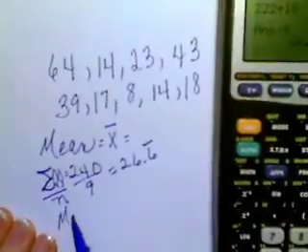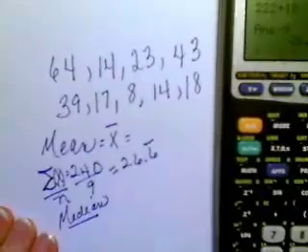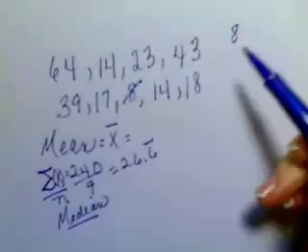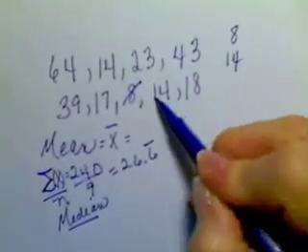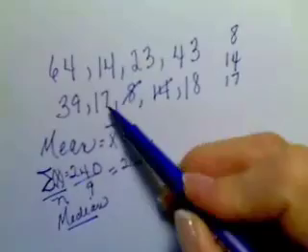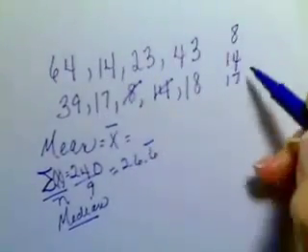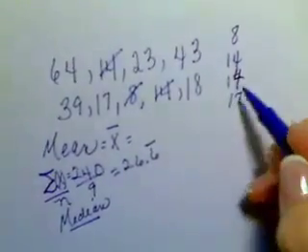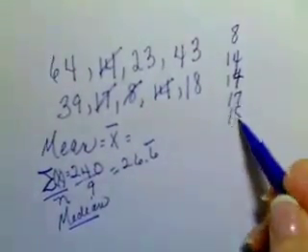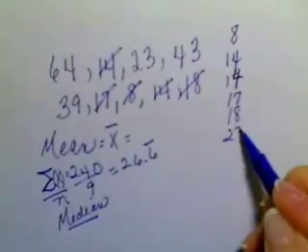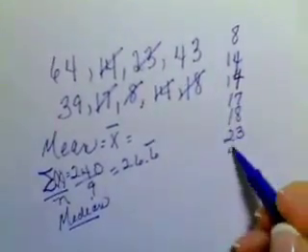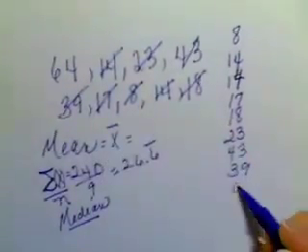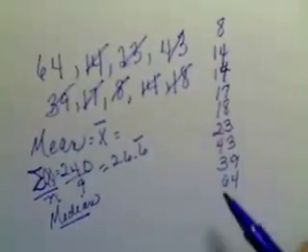If I want to find the median, I have to order the numbers by size. So I'll start with 8, 14, 17. Oops, I have another 14. I have two 14s. I have an 18, a 23, a 43, 39, and 64. So I order these by size,